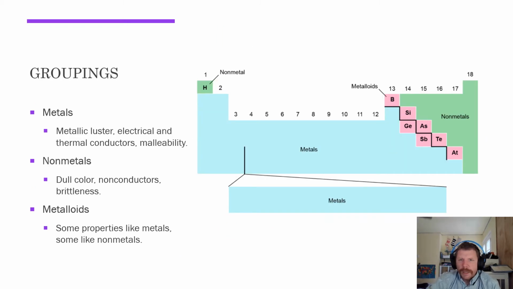Now, those groupings, or the organization of all of the elements of the periodic table, are very simple. There's only 3 of them: metals, metalloids, and nonmetals. The awesome thing about this is we have some context for a metal, like